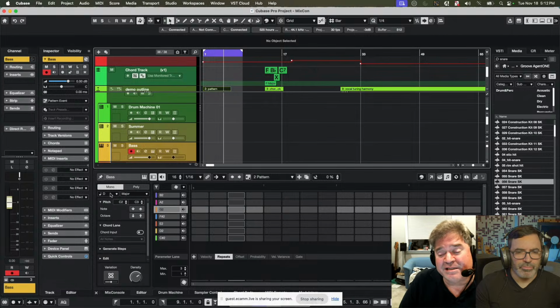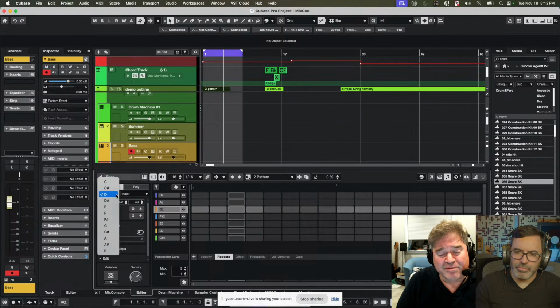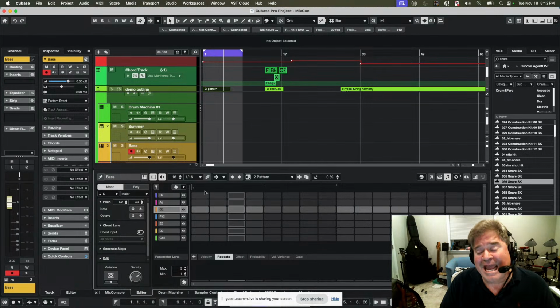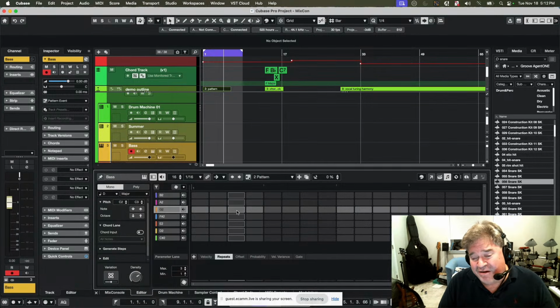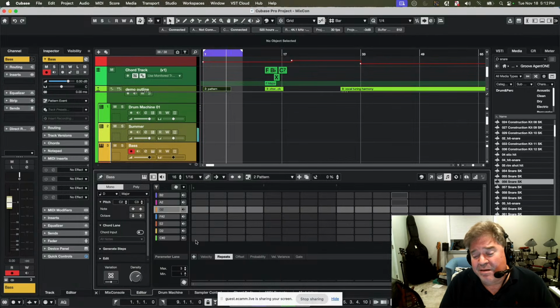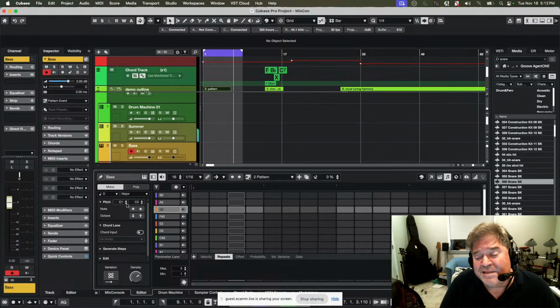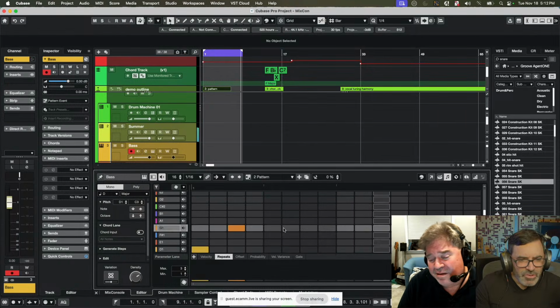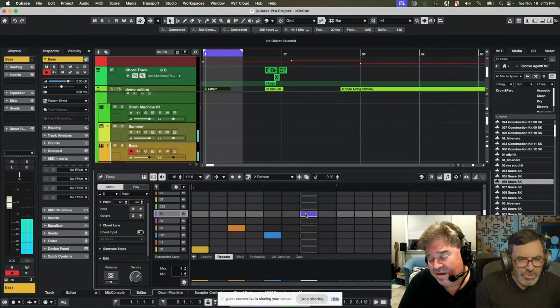So I'm going to choose this. And let's say we have a lot of people that don't understand music and maybe they're afraid they're going to be out of key. So we could say, let's give it a scale. So what I want to do now is, as we program, I could just say, okay, I want to start, let's say from D1, and I'm just going to program. And now every note that I put in,